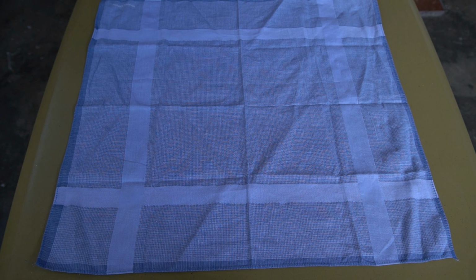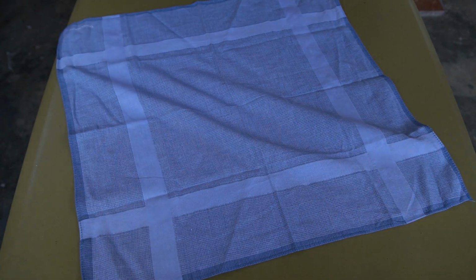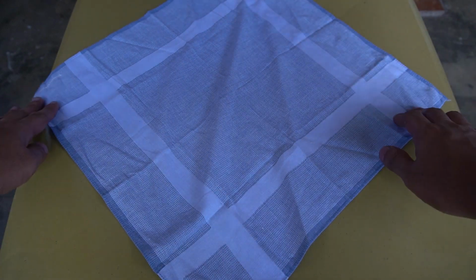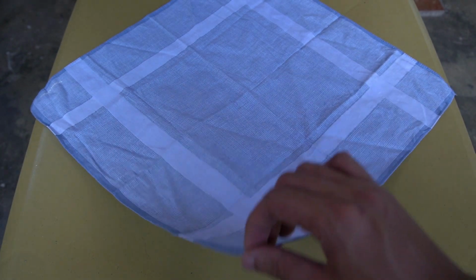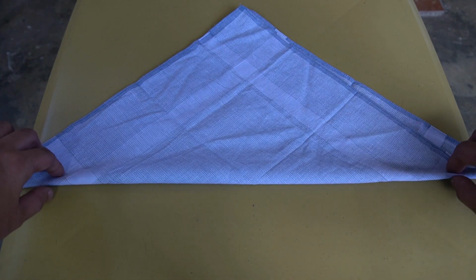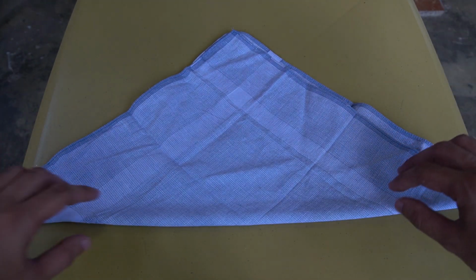So normally we get a handkerchief. Make sure that this is clean, and usually we just fold this one, but we need to change the orientation of the handkerchief like this, like a rhombus. After that, we get this end point, then meet this to the other end point, like this one. Then at this part, you need to fold this just enough to cover your nose and your mouth,